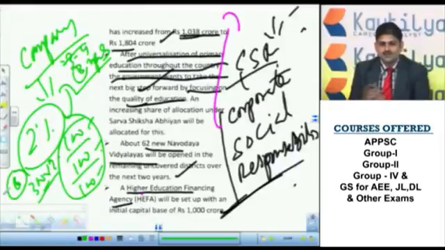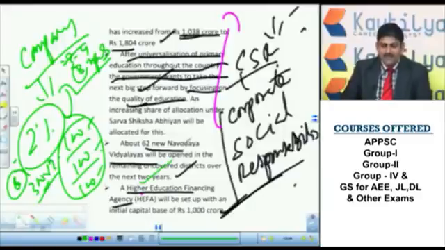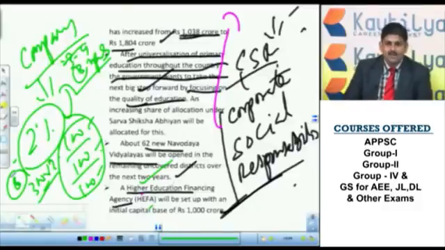They defined what the social sector actually is. Suppose a company spends on the rejuvenation of the Ganga, that is considered, or on education, or on the construction of a building in a rural area, that is considered as corporate social responsibility, or the health sector. In any sector they can invest. Right now these resources will again be mobilized by the Higher Education Financing Agency. The companies, by giving money to this particular agency, can show that given amount under the CSR, that is, the corporate social responsibility scheme.